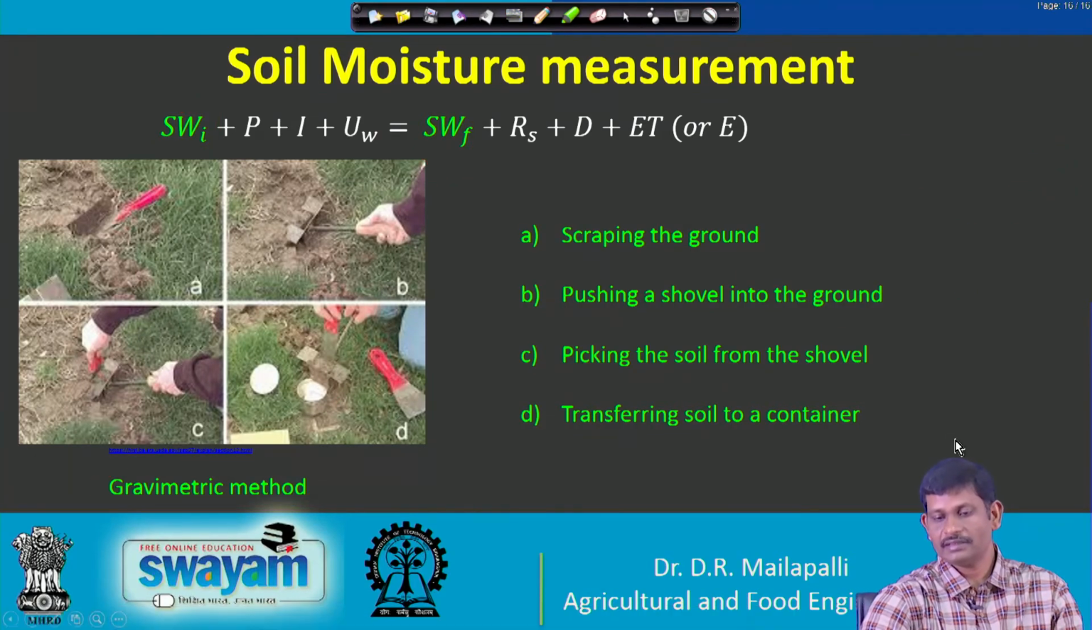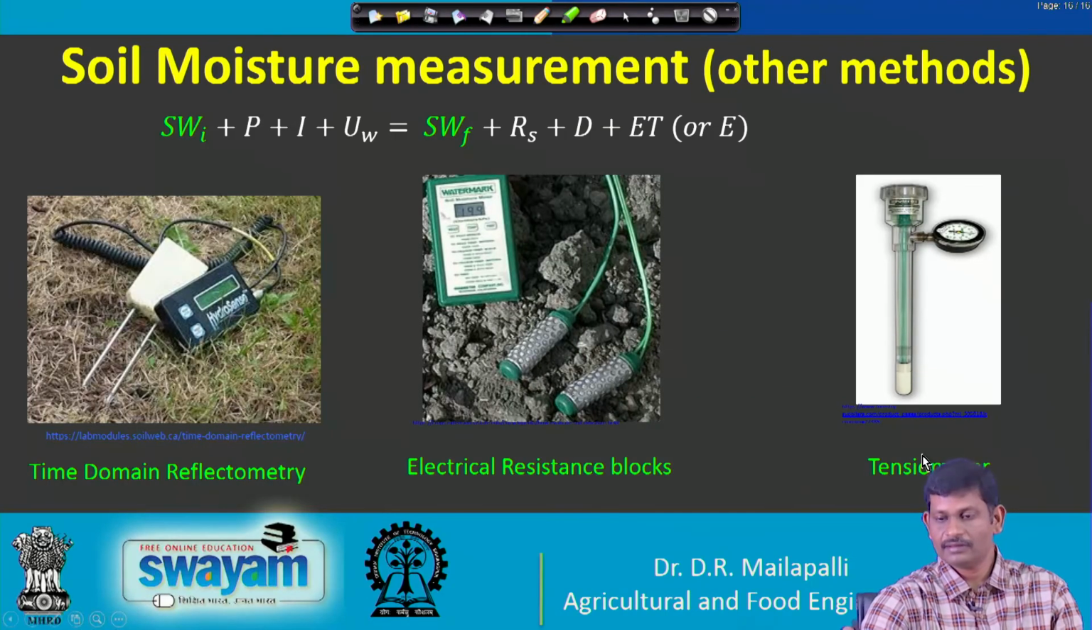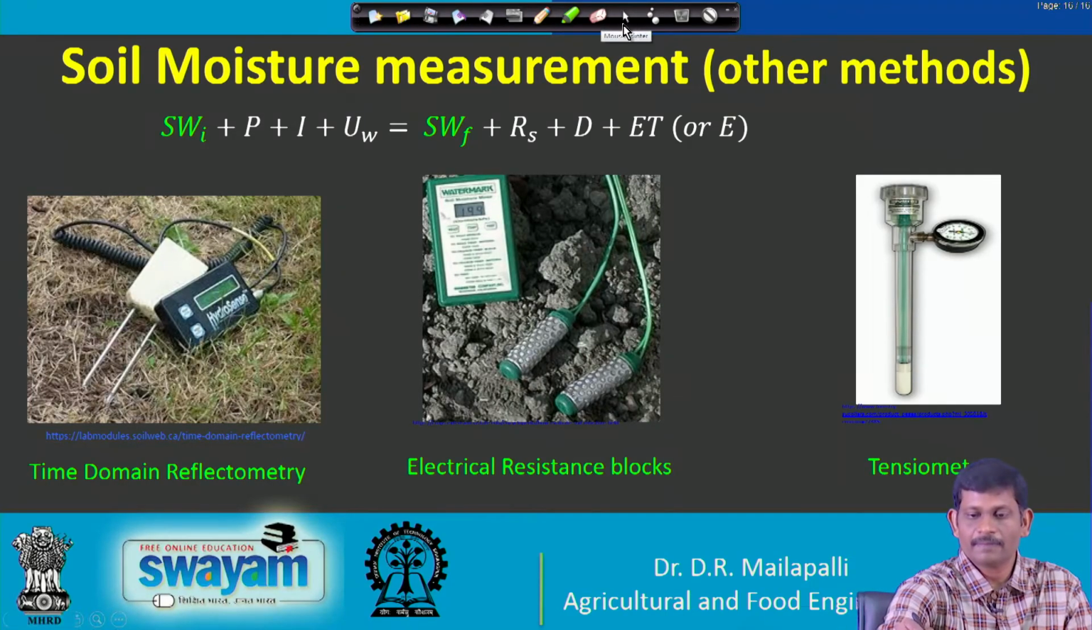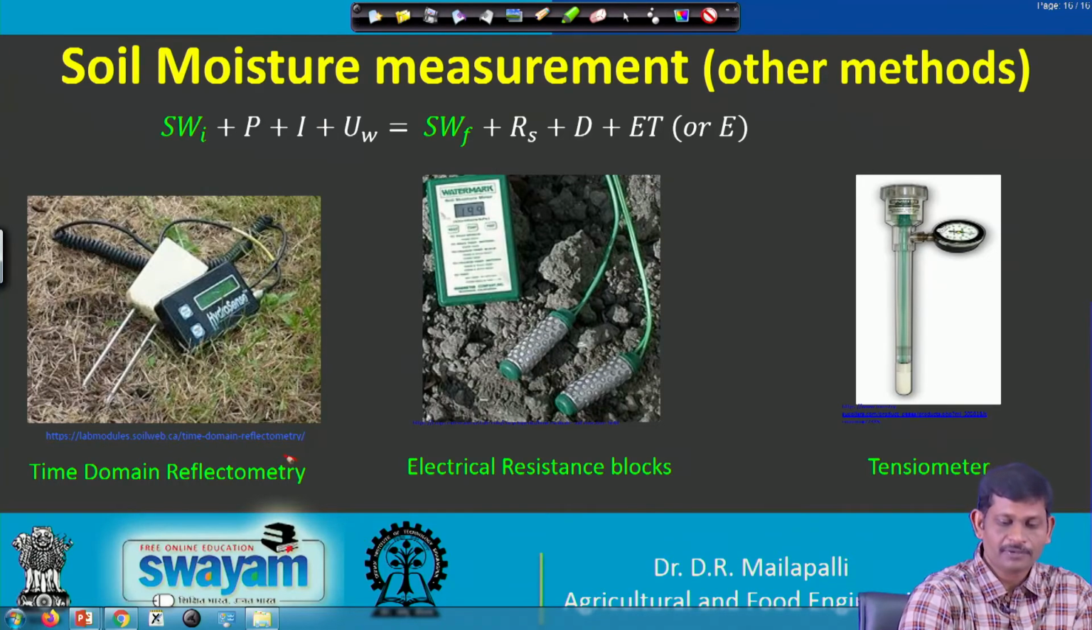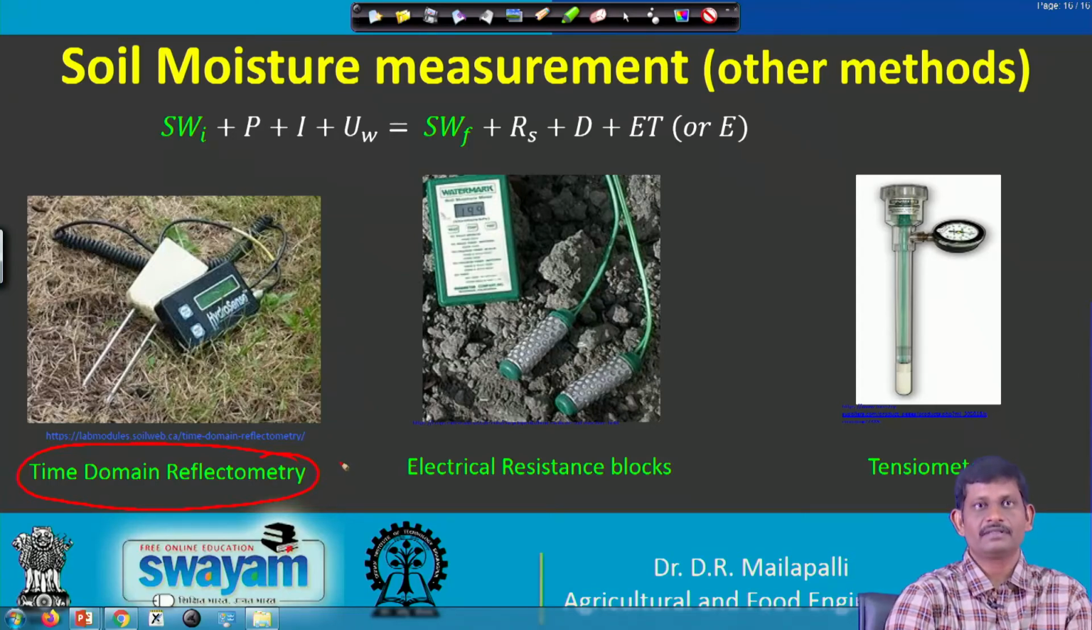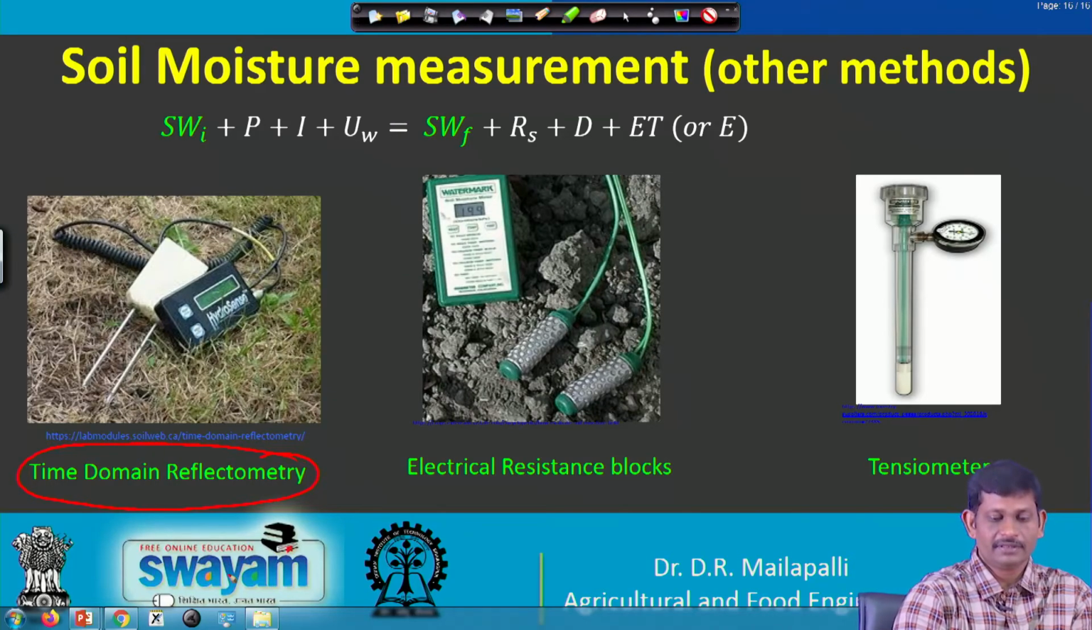Okay, so next is the soil moisture measurement. Other methods include time domain reflectometry. In this, a high frequency pulse is sent to the soil through these two prongs, and then the signal is reflected back